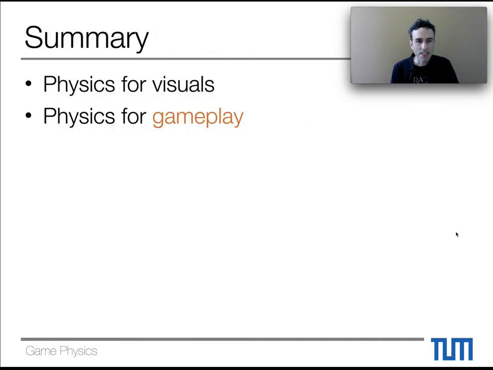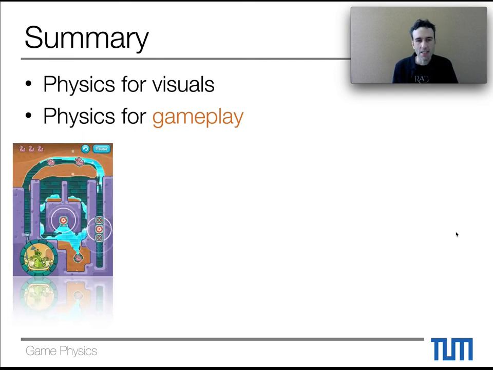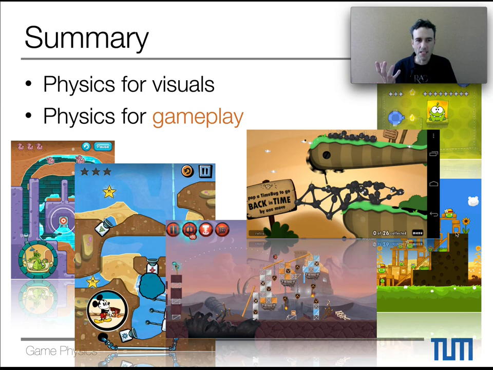Yeah, but with that, I want to summarize this introduction part so far. So we can use physics as special effect, kind of like in movies, to make things look nice, but I hope also quite a few of these examples actually show that, in a way, what's more interesting and important, you could argue, in this context is really having physical rule sets as means for gameplay, as drivers of the actual game, rather than for eye candy, basically.